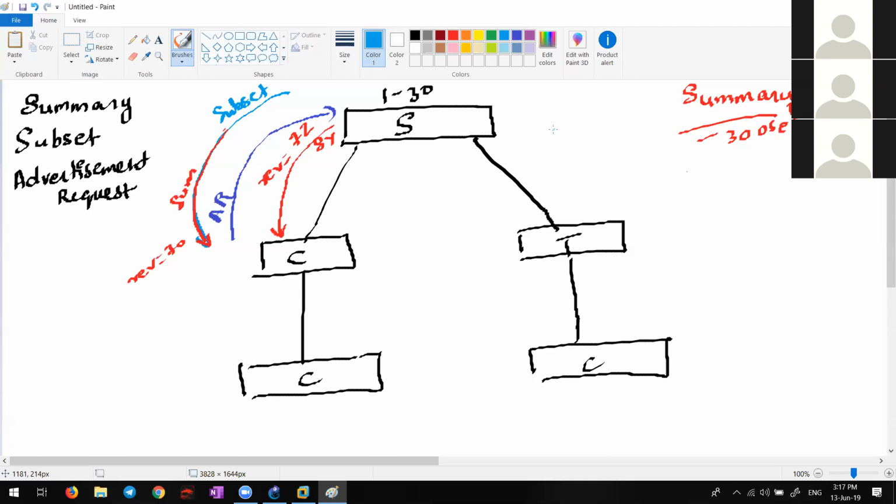It is called MD5 hash or MD5 checksum. Whatever you say, it's the same thing. So write down MD5, and the last one I told is timestamp. Timestamp, T-I-M-E-S-T-A-M-P.